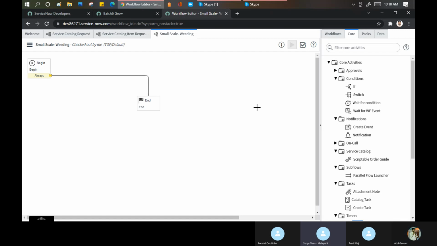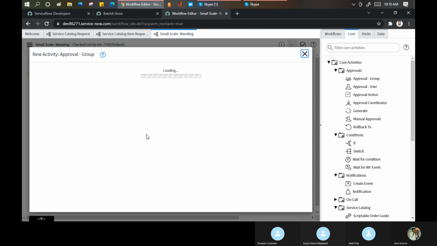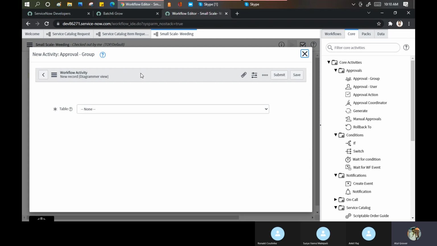Okay. Now I'll put the first activity. Whenever my request has been generated for the small scale, I want it to go for an approval group. I drag and drop the approval group, and it opens a window for me to fill in my details.